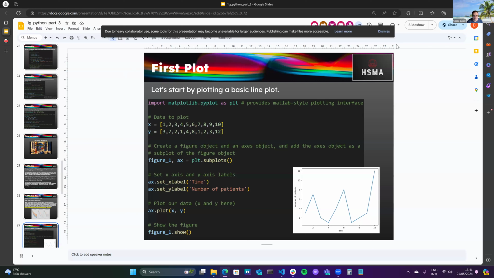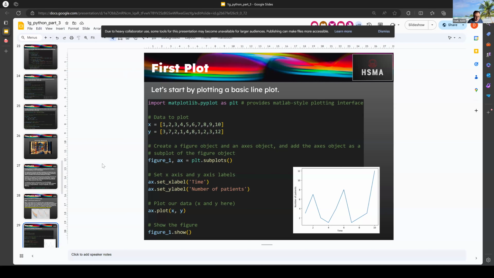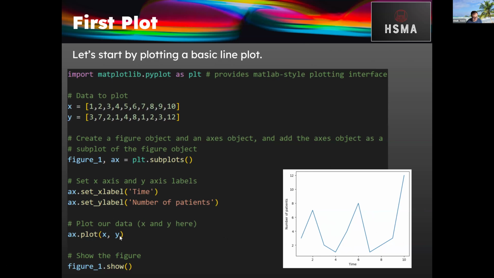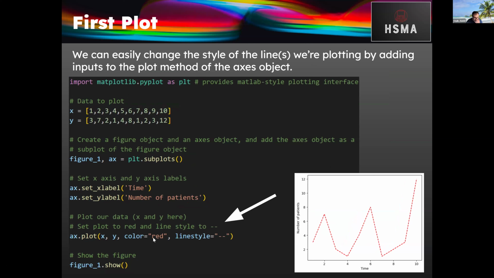However, I probably want to do a bit more than a very basic graph like that. And we can do all sorts of extra little things too. So we can really easily, if we wanted to, change the style of the line that we're plotting. And we can do that just by adding various arguments, inputs, to the plot method. So when we call plot, before we just said plot X against Y, but we can add in extra information there. We could say, okay, give me a plot which is X against Y, but I want the color,